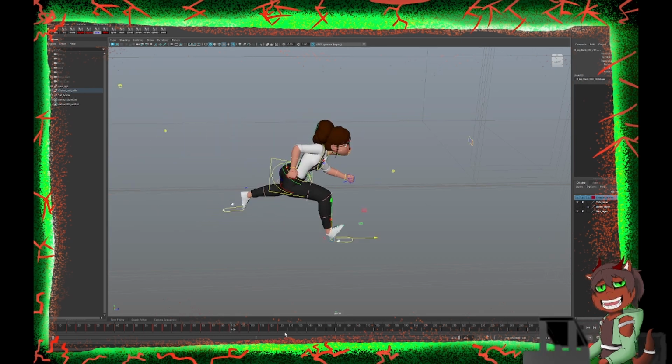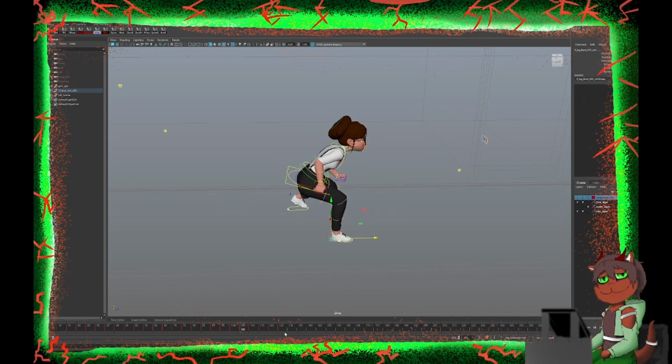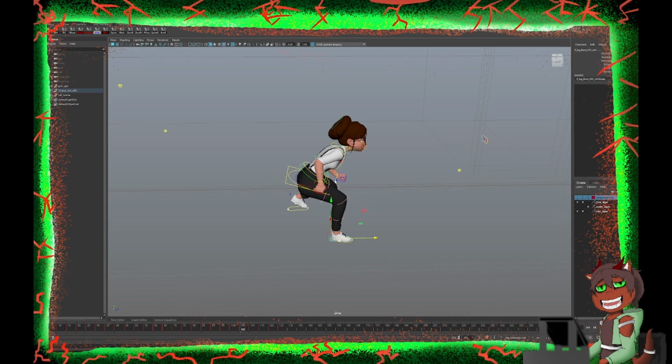Try to figure out what frame to go with to increase the distance. For example, for this pose,